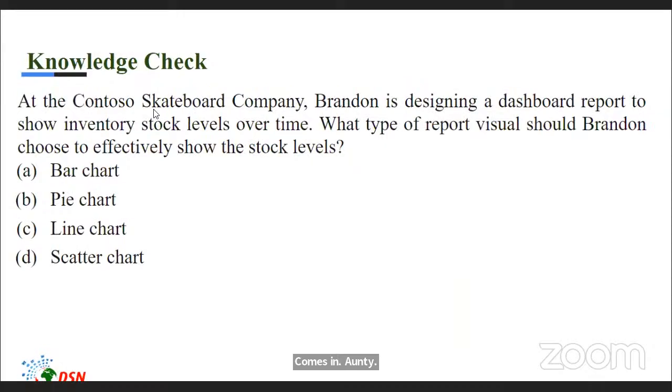Okay, so I hope I've answered your question. The correct answer is C, a line chart. You use line charts to show trends over time. So moving forward, we'll just be done in a few minutes. So moving forward,